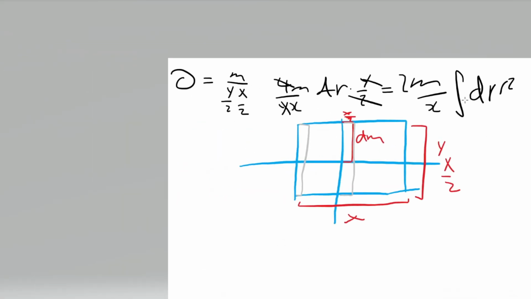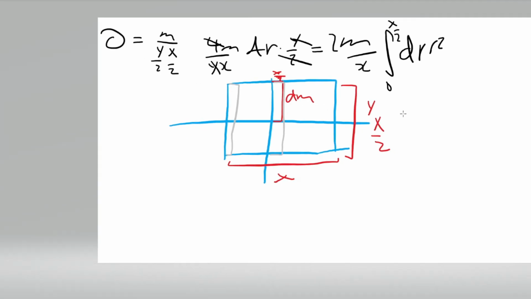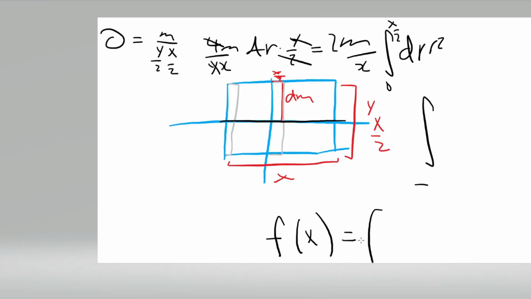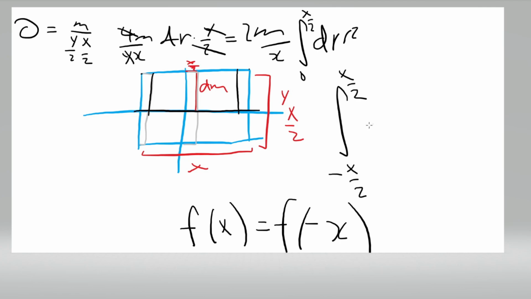I'm not going to do the math for this one. In fact, I'll just tell you. If this was a function, and this other half did not exist, and we're integrating from here to here, since this function is symmetrical and an even function, meaning f of x equals f of negative x, this point corresponds exactly to that one, just on the negative side. Since these two points are on opposite sides with opposite signs, we can write this as